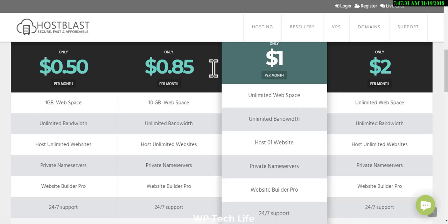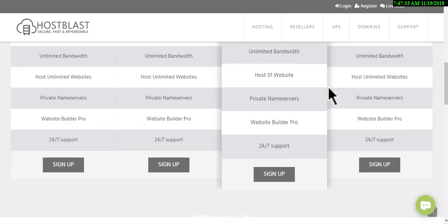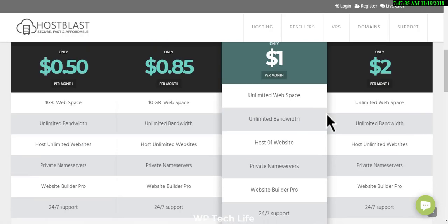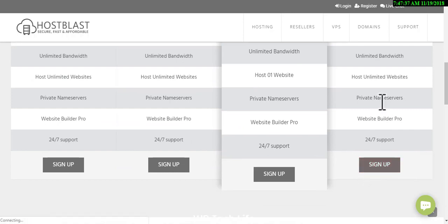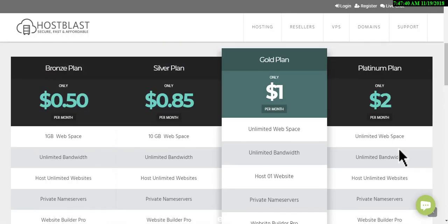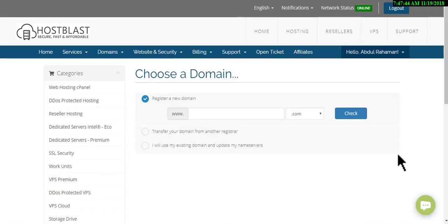So basically, this is how their plans look like. If you choose Hostblast, I would always recommend you choose the plan you offer, as it gives you the edge to host several domains on a single hosting account. So for instance, if we want to register a domain,